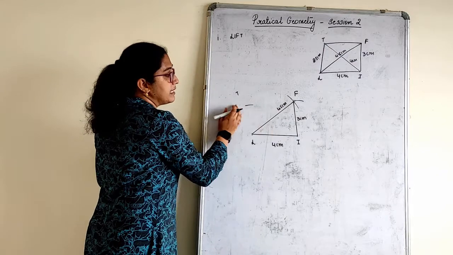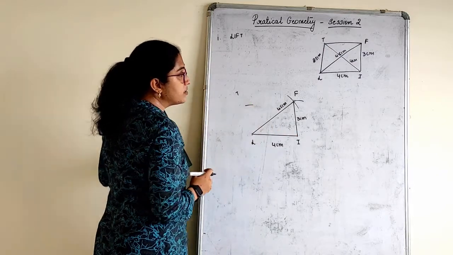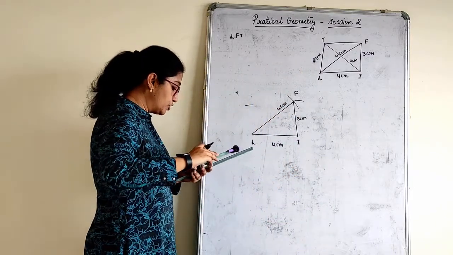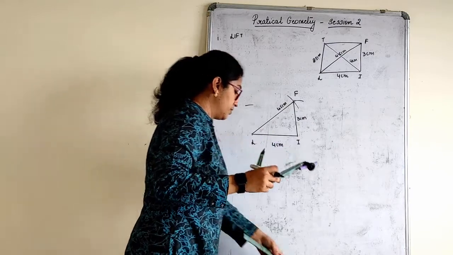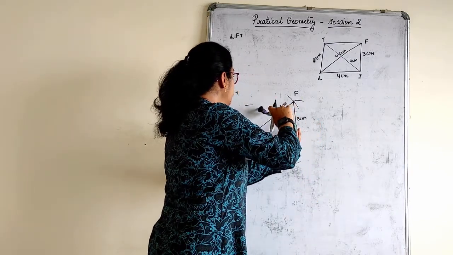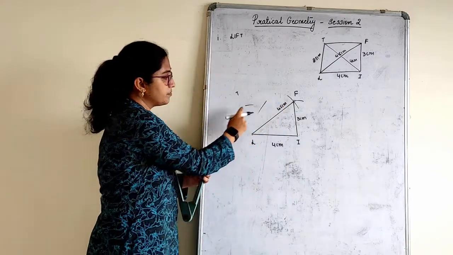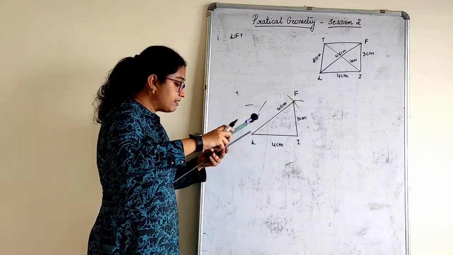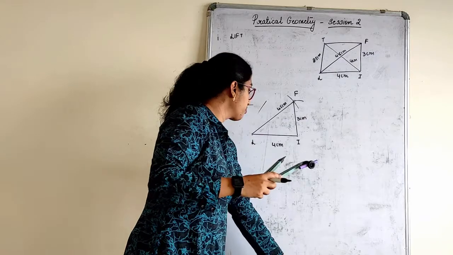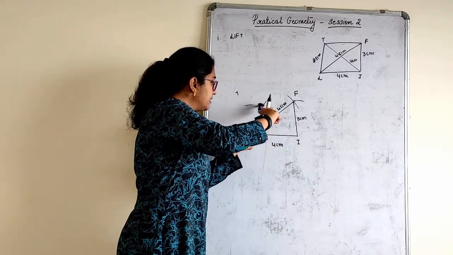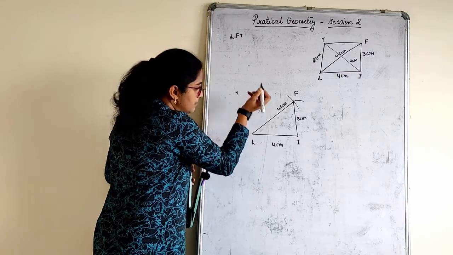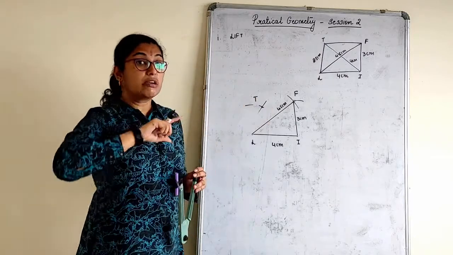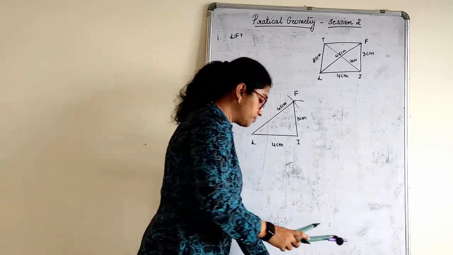Now similarly this is T. That means IT measures how much? 4 centimeter now. Let me cut it for 4 centimeter. So from I to T it is 4 centimeter. The arc is coming here. Should I extend this arc? Yes. What was that? 2.5. Retake the measurement for 2.5 and, with the compass here, extend the arc you have drawn. So that arc cuts here. This point is nothing but T. Understood how we extended the arc? No freehand drawing there. Now join.